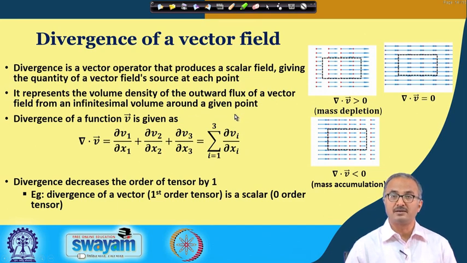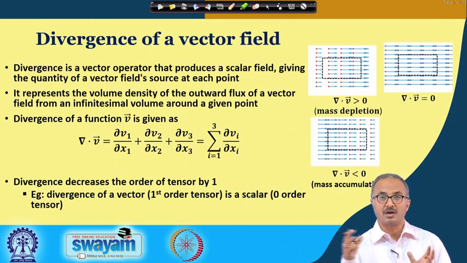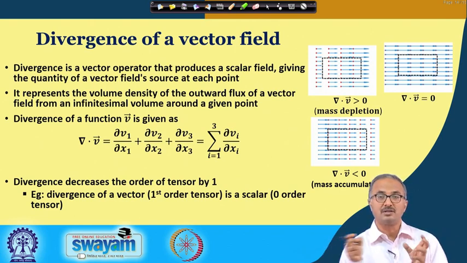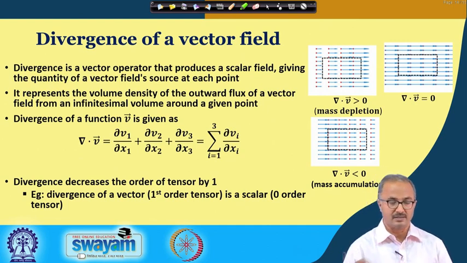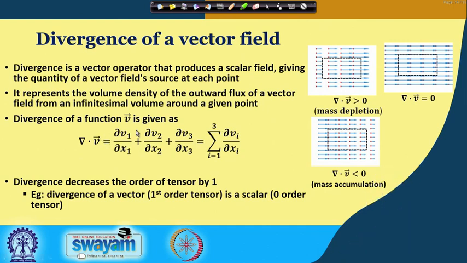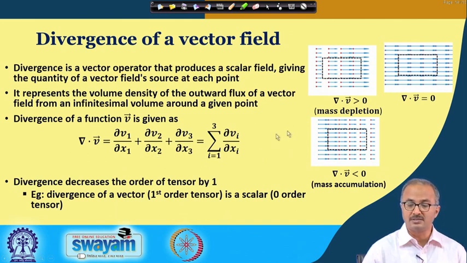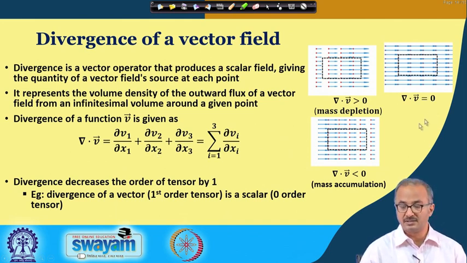So for any vector, there is a flux of the vector through a control volume: something is going out, something is coming in. The net of this, the out minus in, is given by the gradient. For example, the divergence of the velocity, which you have seen in your mass balance. You can see that here we are representing these divergences.